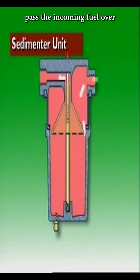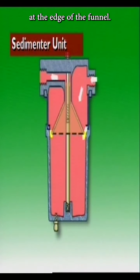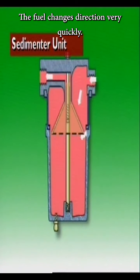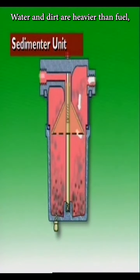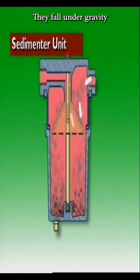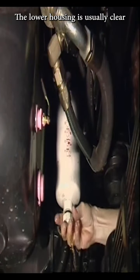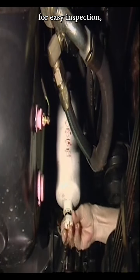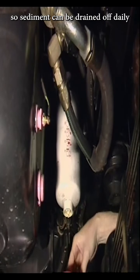Separate units pass the incoming fuel over an inverted funnel. At the edge of the funnel, the fuel changes direction very quickly. Water and dirt are heavier than fuel, so they are trapped away from the funnel edge. They fall under gravity and settle at the base of the sedimenter. The lower housing is usually clear for easy inspection, and it can include a drain plug, so sediment can be